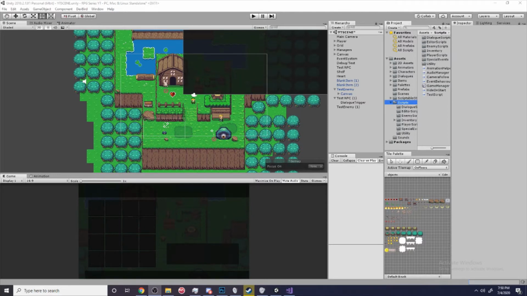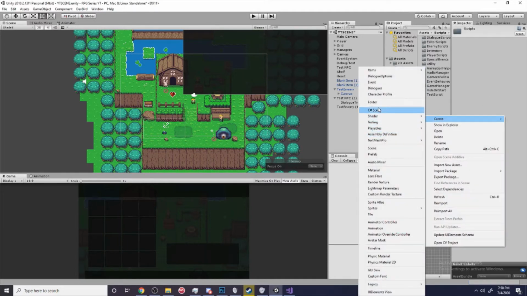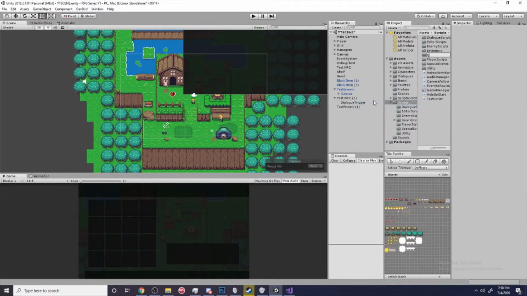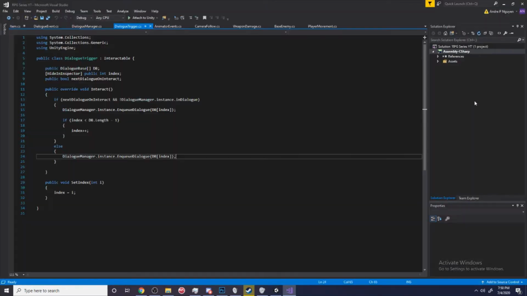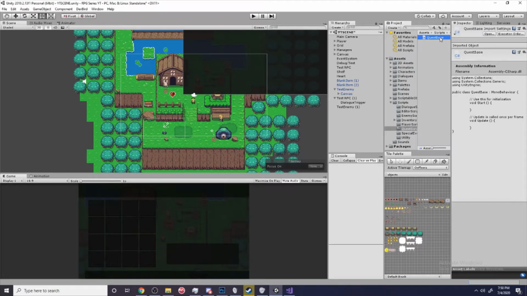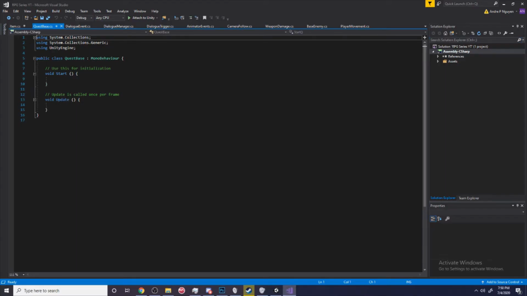Alright, so the first thing we're going to do is create a folder. We're going to call this the quest scripts, and then we're going to create a new script and call it quest base. Alright, so let's open this up and talk about what will be in this quest base class and how we're going